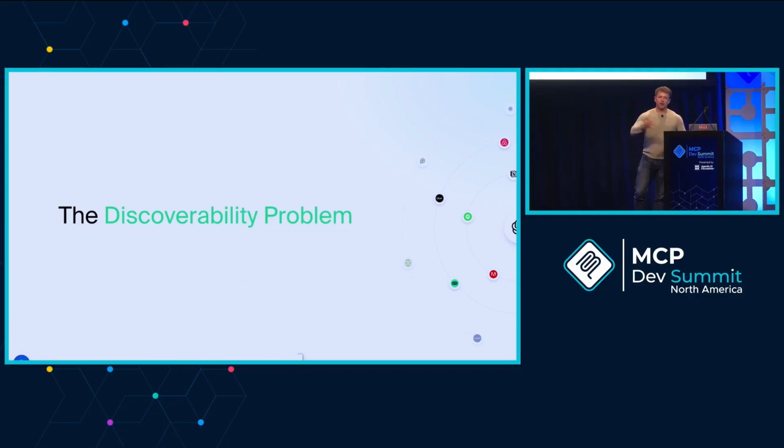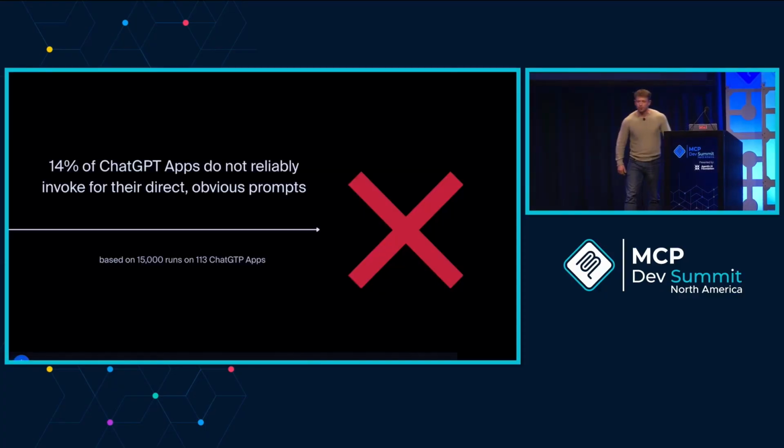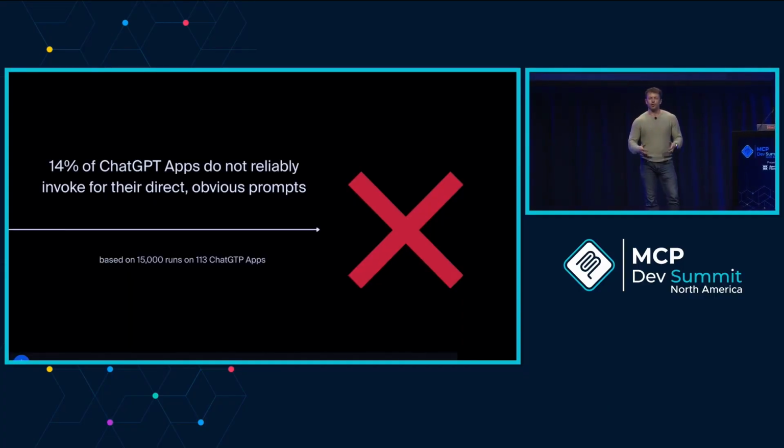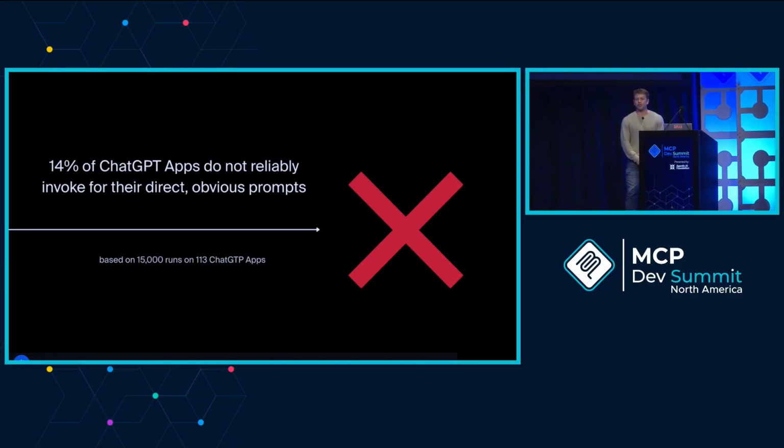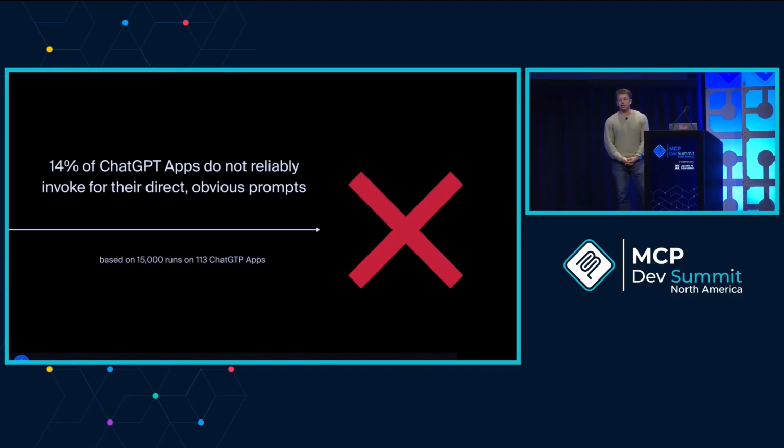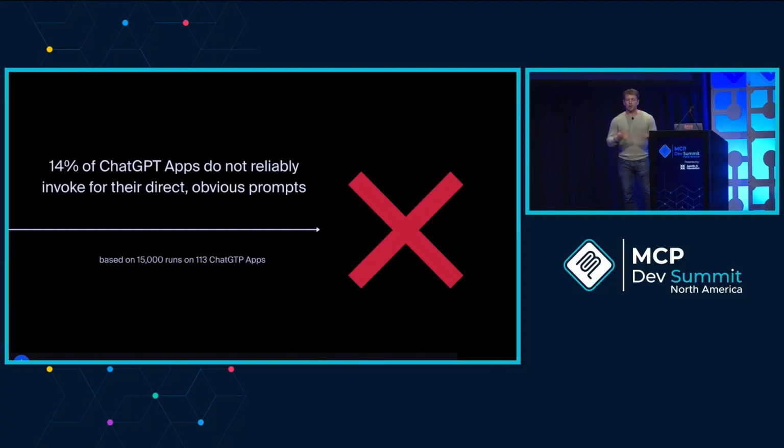And in our analysis, I think one big fact that I want to share and build this narrative around is that 14% of the time, ChatGPT apps did not invoke for their really obvious and direct prompts. This is huge, so 1 in 7 times. Can you imagine if you had a website and 1 in 7 times the website just didn't load, right? So this is a starting point of where we want to look when we're talking about discoverability, so that we can get more insight and start to understand really how we are going to make MCP apps that are winning.